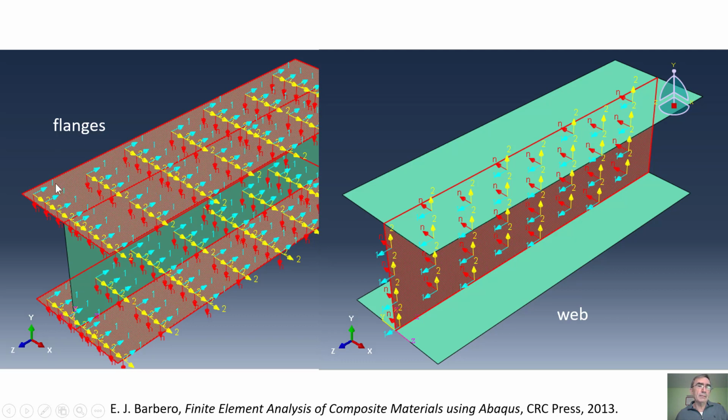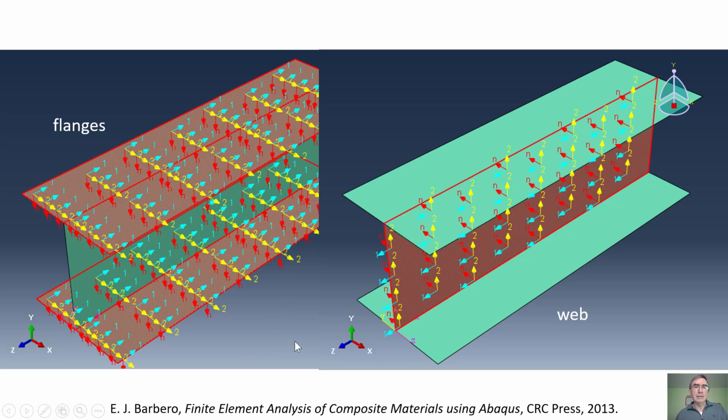In this case, I'm assigning the material orientation to the 4 flanges, these 2 flanges on top, these 2 flanges on bottom, and you see that I carefully put 1 along the direction of the flange everywhere, so I know that the property 1 is aligned where it belongs. And on the web, you see I put the 1 also along the length, and the 2 like this, so that the material properties are assigned correctly. If you don't do that, then the results will be garbage.